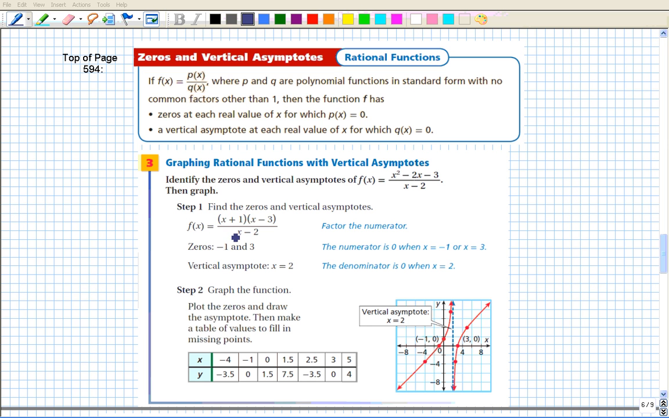So if I set x plus 1 equal to 0, I'll get negative 1, x minus 3 equal to 0, I'll get positive 3. So we'll have zeros on the graph at negative 1 and 3. Vertical asymptotes will be when the denominator is equal to 0. So set it equal to 0, solve for x, and you get x equals 2. So zeros at negative 1 and 3, vertical asymptotes at 2. Now if we were to graph this function,